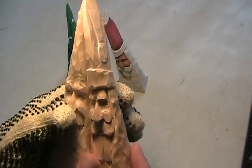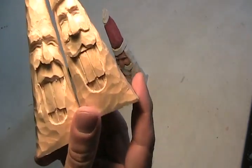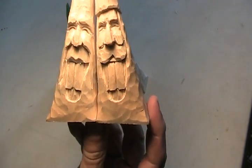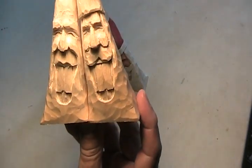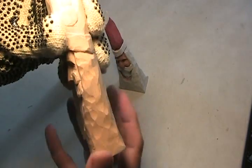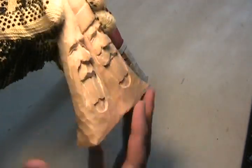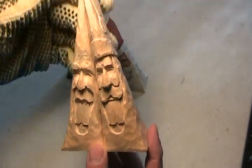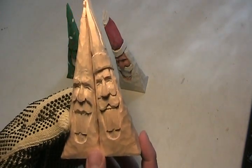I got it all nice and cleaned up. Let's see if we can bring the light in a little bit closer. Did it work out? I think it worked out. I think Santa's eyes might be just a little higher, but any adjustments you can make. Like I said, you can do whatever you want as far as how you want to do the tree and the beard. You can go ahead and make it more realistic. I just like to put simple dents in it. And there it is. You can put eyeballs in it. This is just a simple little